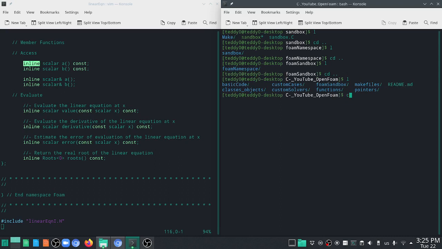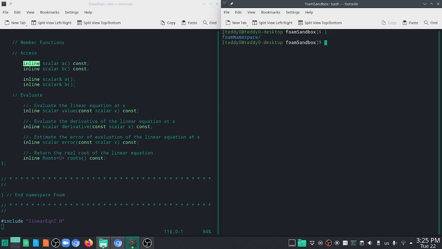If you go to this place I call Foam Sandbox, it is just a place where we can play with OpenFOAM functions. That's why I call it sandbox. If you go to foam namespace, this is where I test the foam namespace. So how do we start? Let me start by using